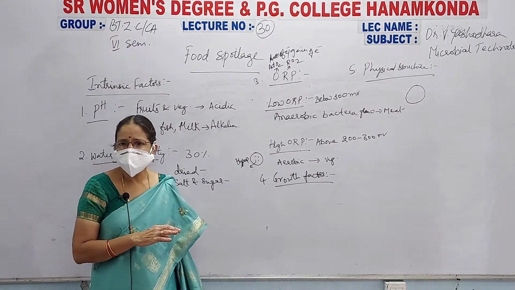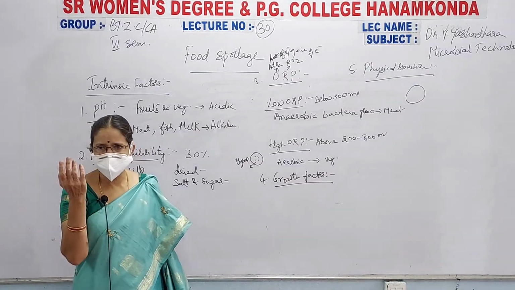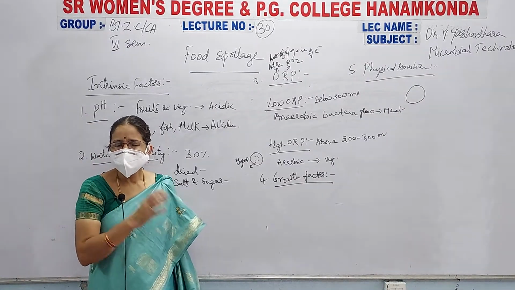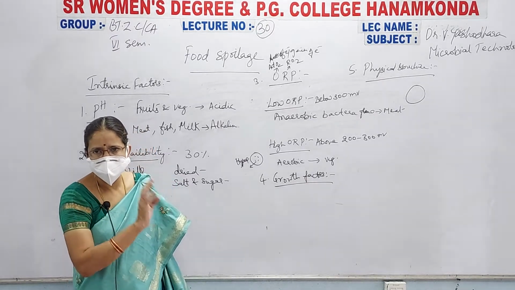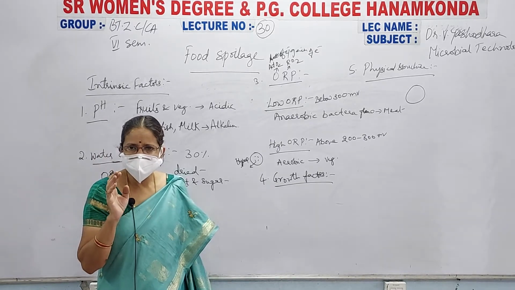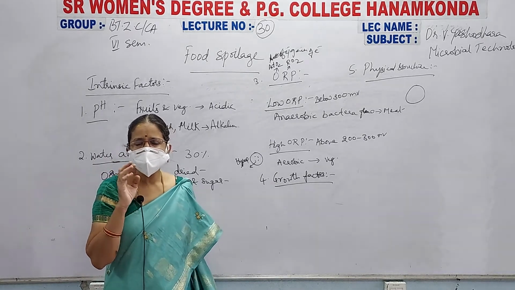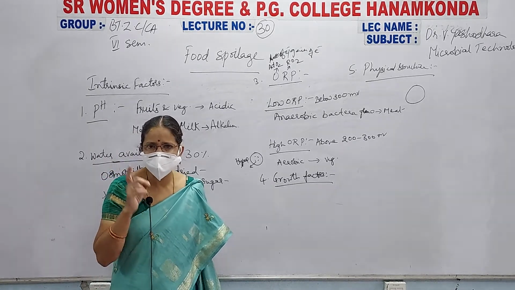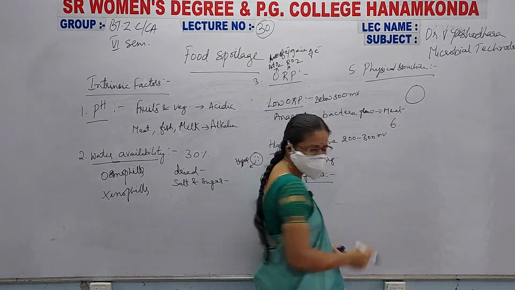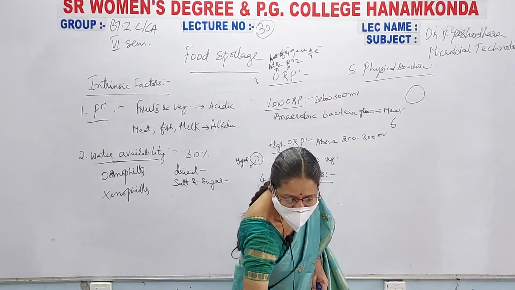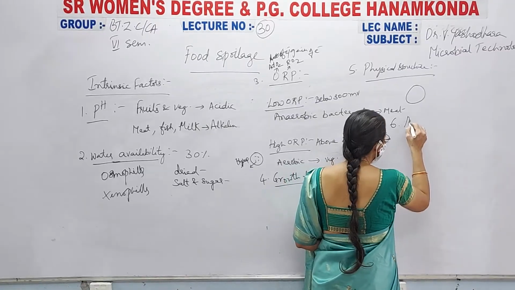Once the physical structure of the food is spoiled, immediately it attracts many microorganisms. Now they do not have any type of outer sheath protection, so they become vulnerable to the microorganisms, and the microorganisms start contaminating our food. In other words, they start spoiling our food. The food spoilage takes place. This is your fifth one. Coming to the sixth one: the sixth one is your antimicrobial enzymes.